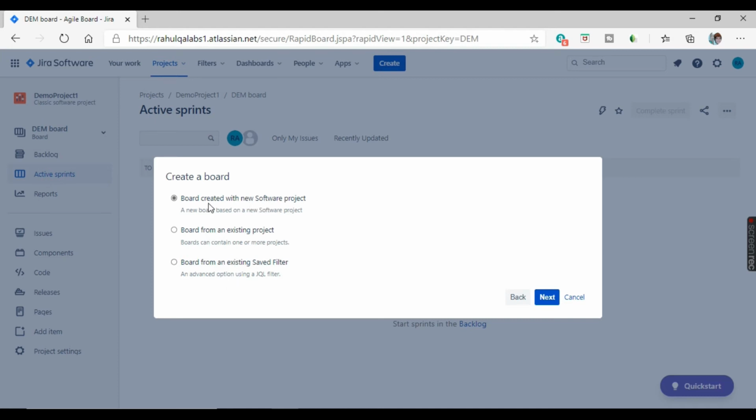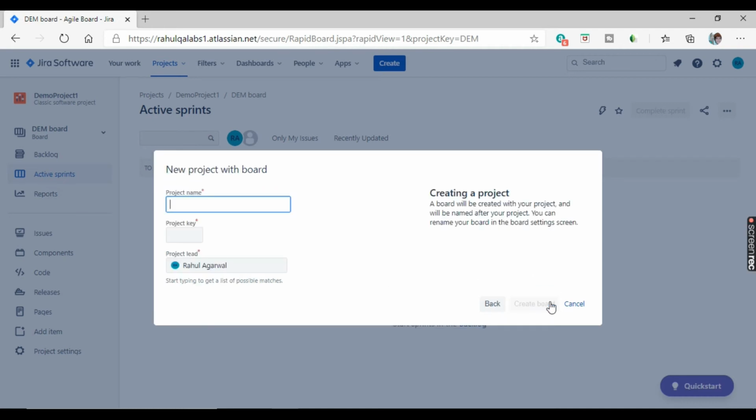So as of now, we will be creating a new board with new software project. Click on next. Okay, so it is asking you a project name. So we will give some project name as demo project 3, and this is the key. So key is nothing but the prefix that will be added in front of the issues that you will be raising.